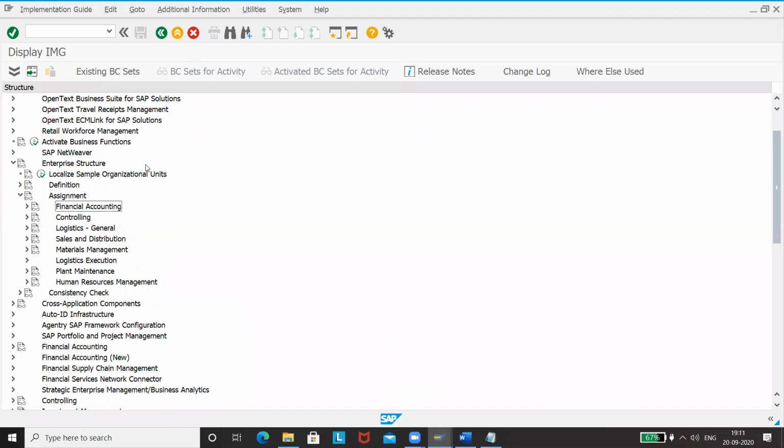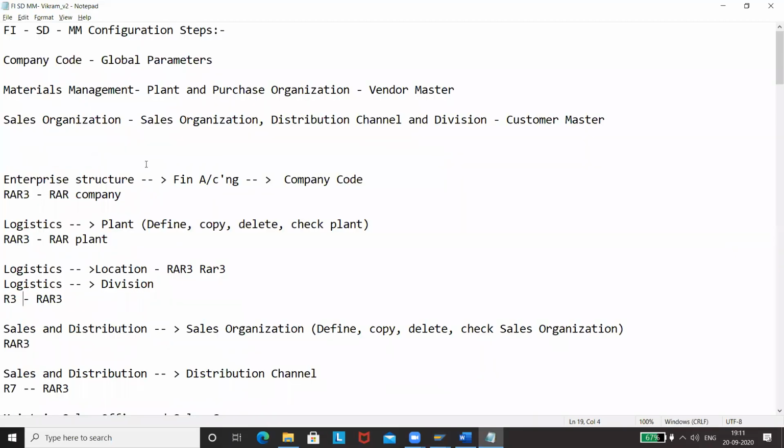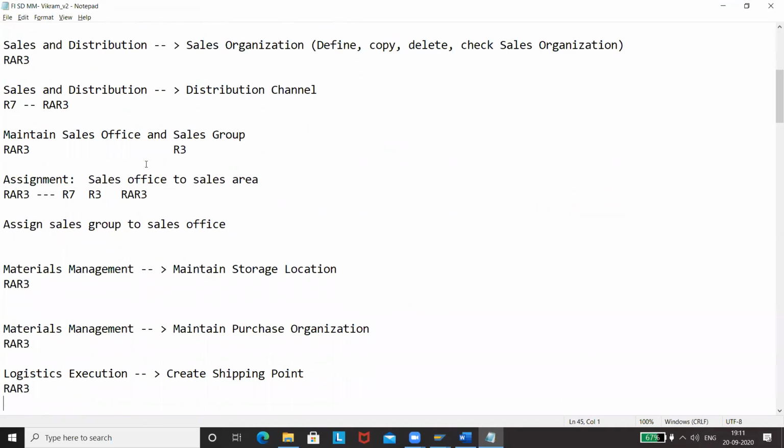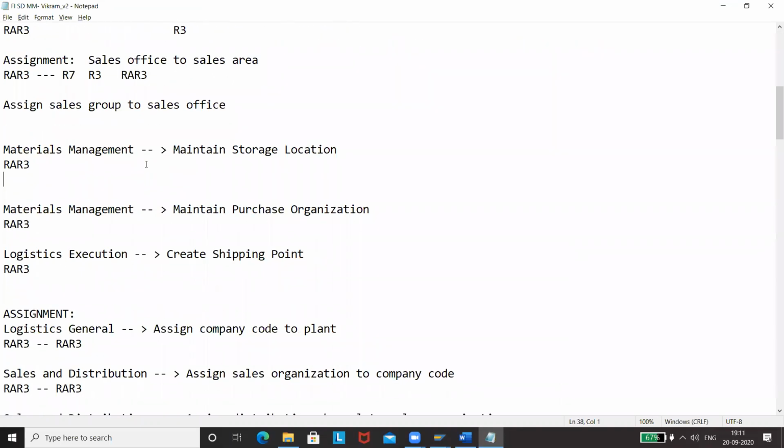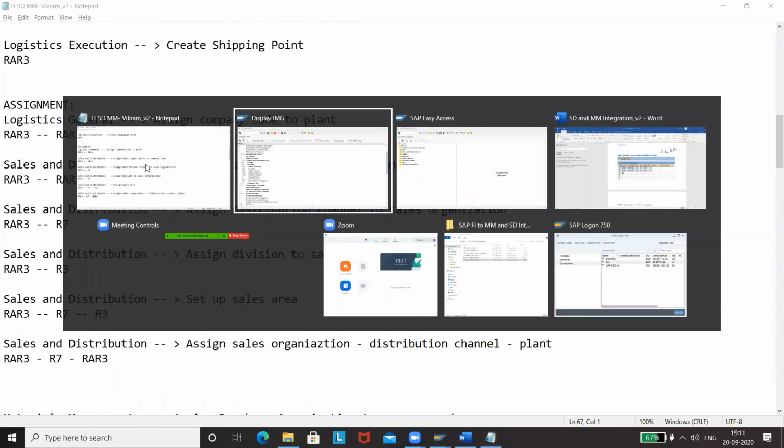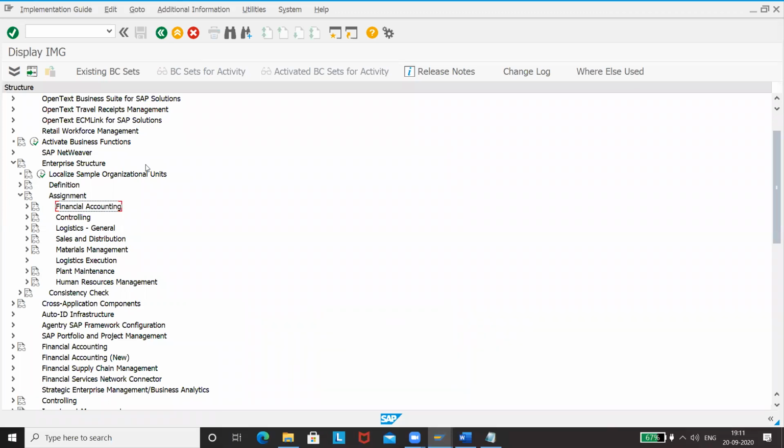So we'll see if we miss anything here. This is for our reference only, but we wouldn't usually be missing anything. If at all you have any questions, you would then come and then see. Otherwise, you wouldn't even have to come here. We haven't missed anything. So now you are coming to financial accounting.